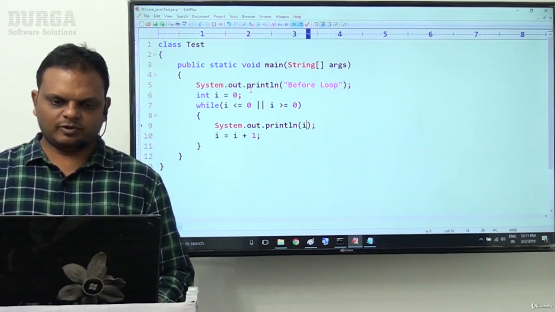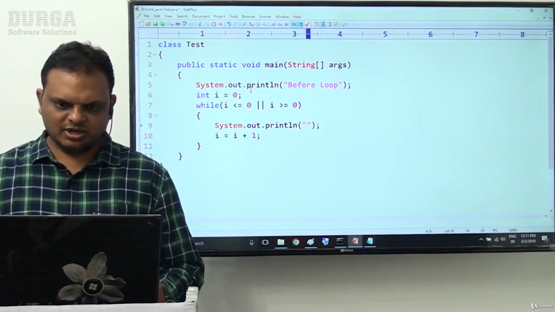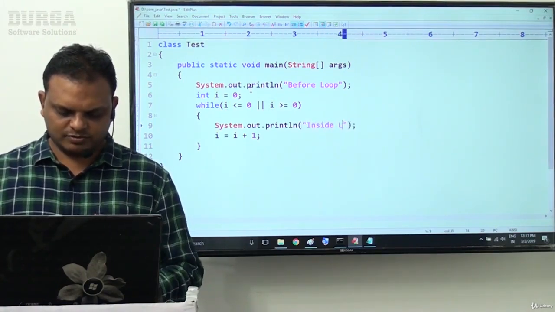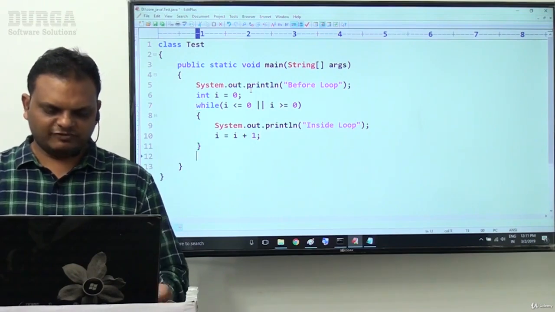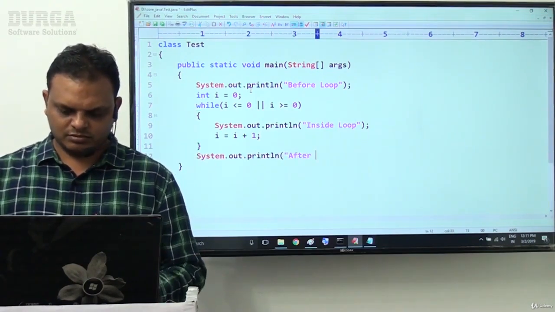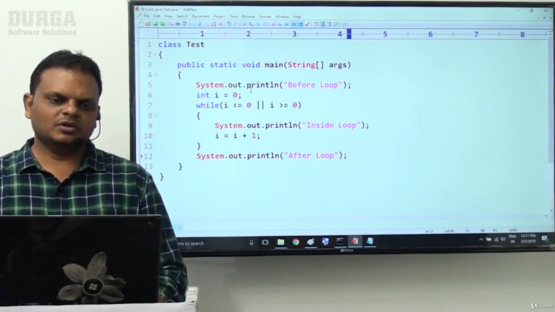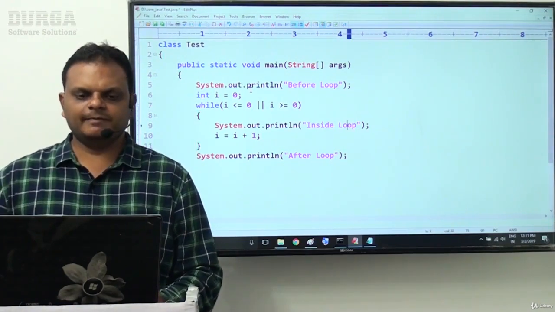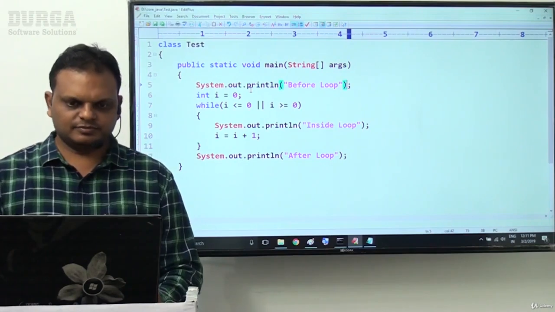Now here I will provide System.out.println of "inside loop", then after that System.out.println of "after loop". Tell me, what exactly is the status of this program now?